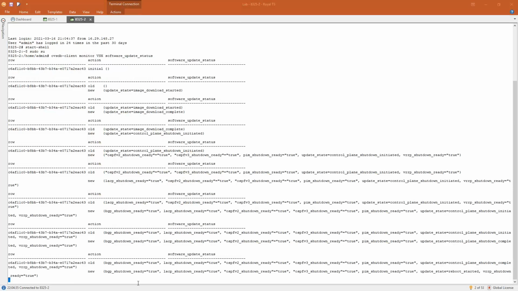Now we have BGP that was gracefully shut down, and you have an update state reboot started because the control plane shutdown is completed in this information. So very soon we'll see an information that the switch is rebooting.